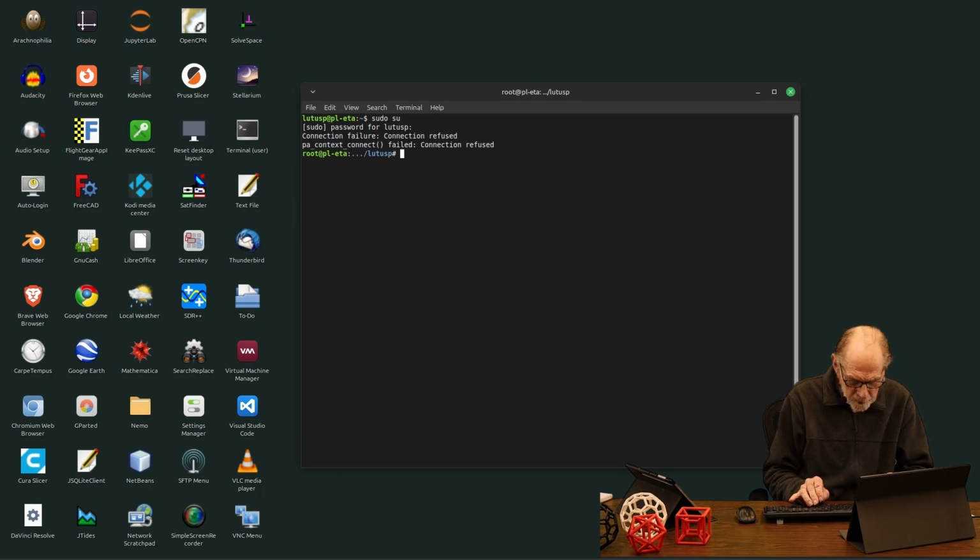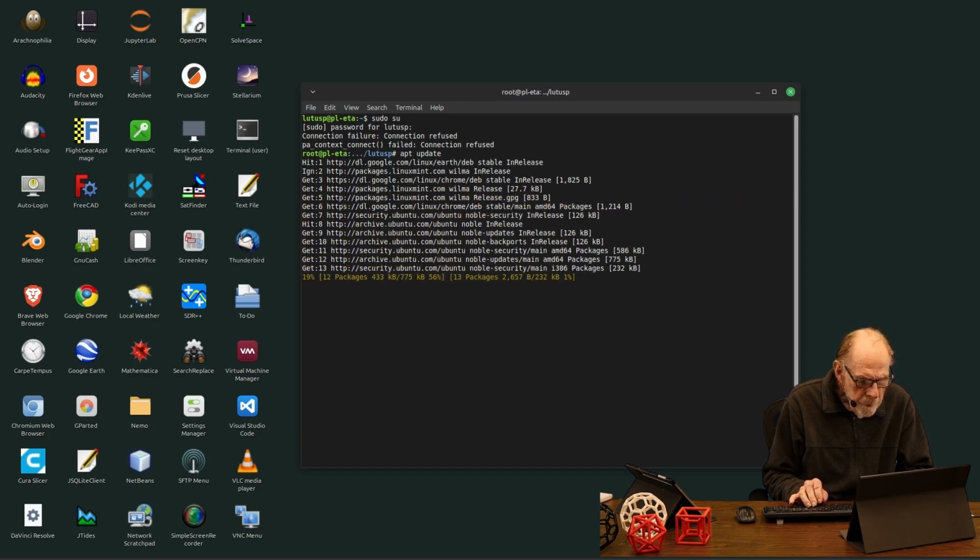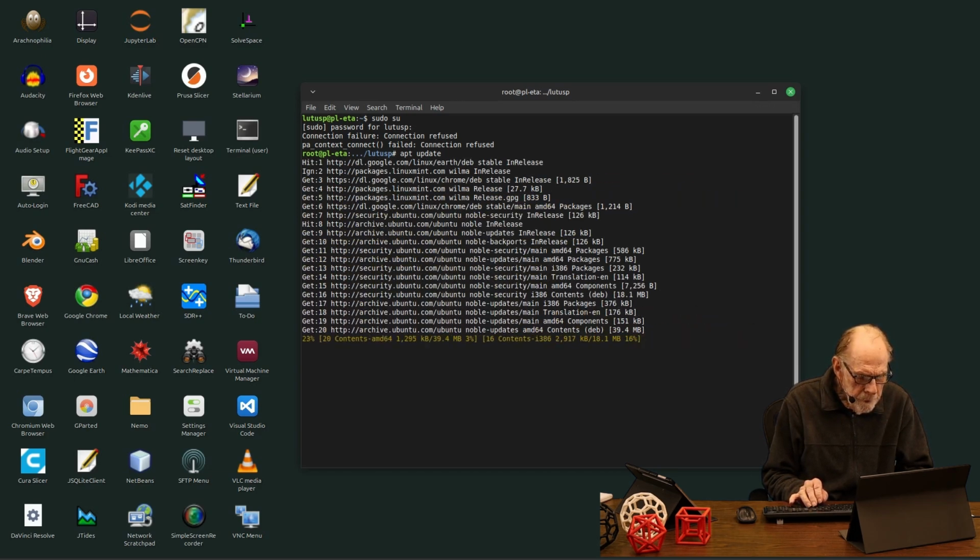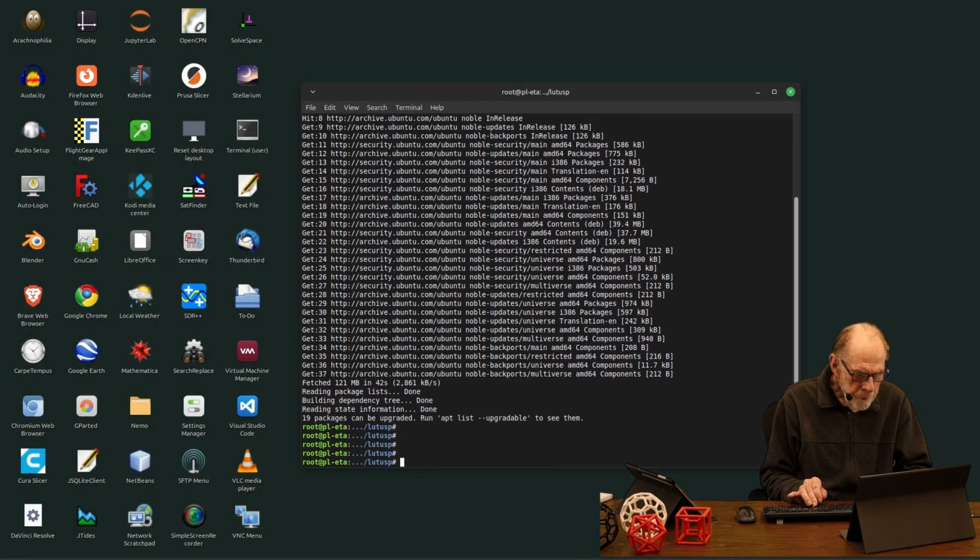And first thing I want you to do is update the local archive this way. And once the archive has been updated, you can simply enter